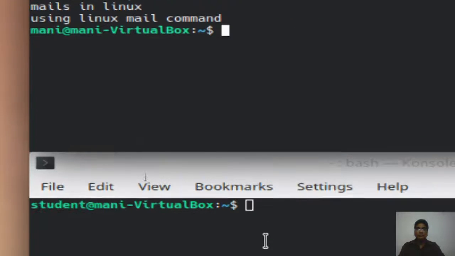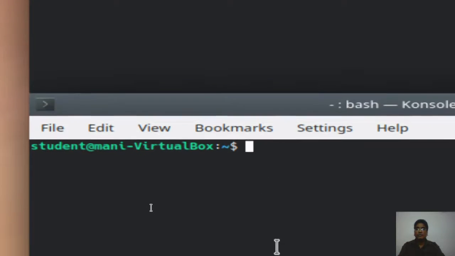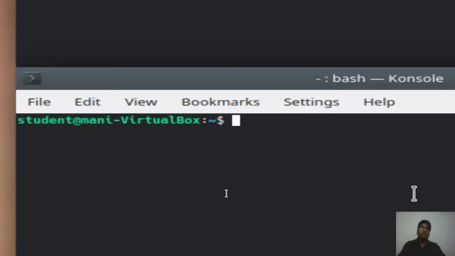Now if I go to the other terminal, and if the person wants to check, remember this is offline communication. The person need not be logged on to the system immediately. So there is no need that the person has to be there on the system when you send the mail. You are already familiar with the idea of a mail, so there's nothing new about it. Now what if I want to check my mail?